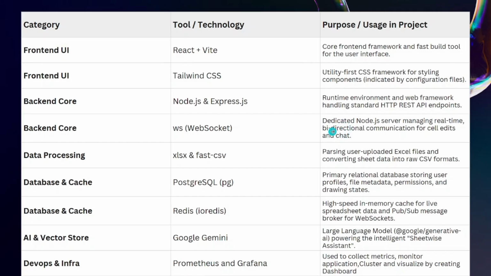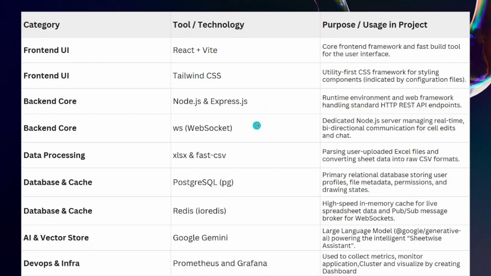So let's first look at the tools and technologies which are used in creating this project. First, let's start with the front end. On the front end side, I used React and Vite for creating the user interface. For styling, I used Tailwind CSS. On the backend side, I used Node.js and Express for creating the server.